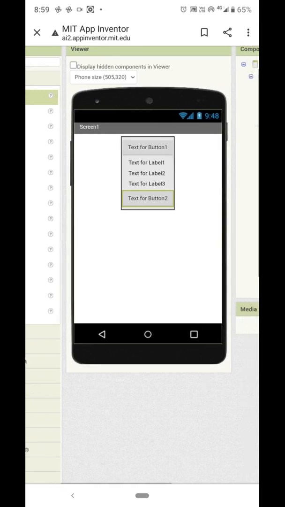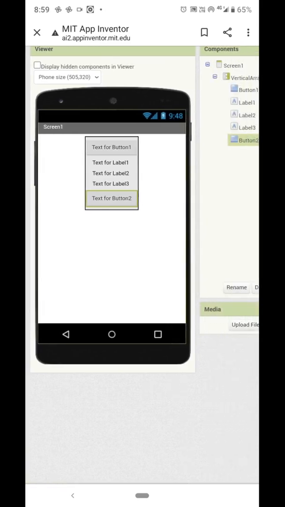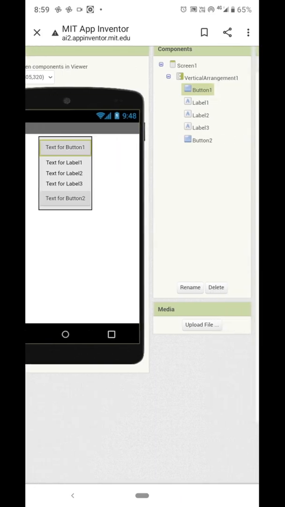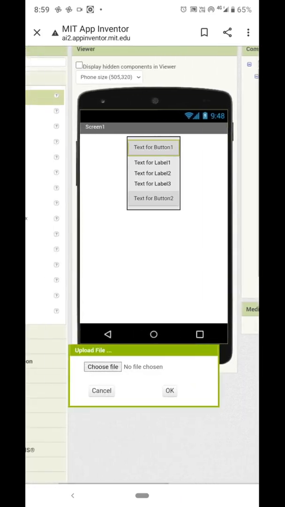Okay, then for button 1 we are going to insert one image, so upload the image.